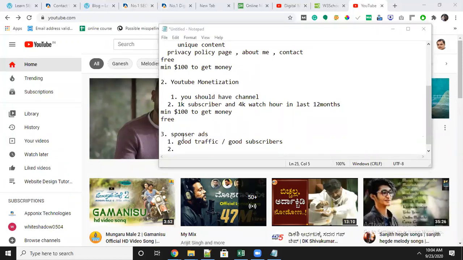Sponsored ads, I told you, is a way, only the thing is, initially you will not get sponsored ads. Initially we have to depend on Google AdSense and YouTube monetization. To get sponsored ads, you have to get a good amount of traffic or a good number of subscribers. I am telling you stage by stage.